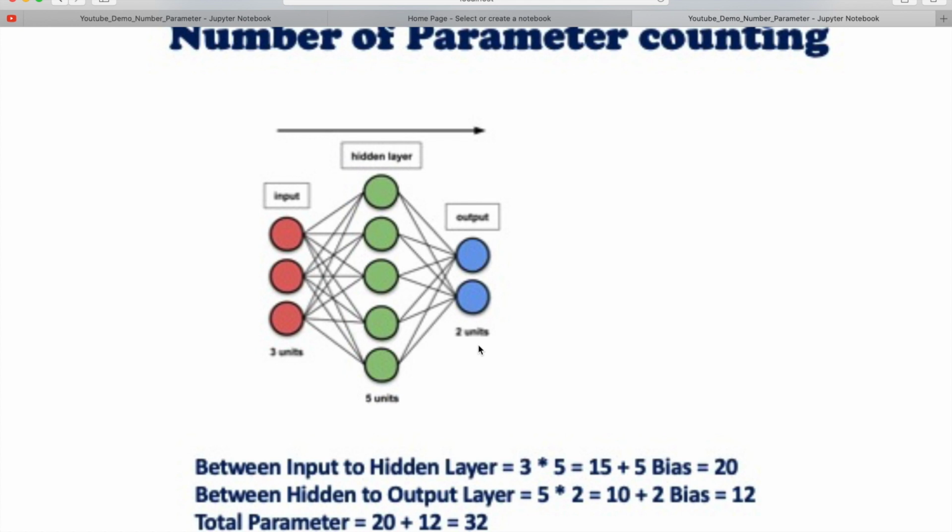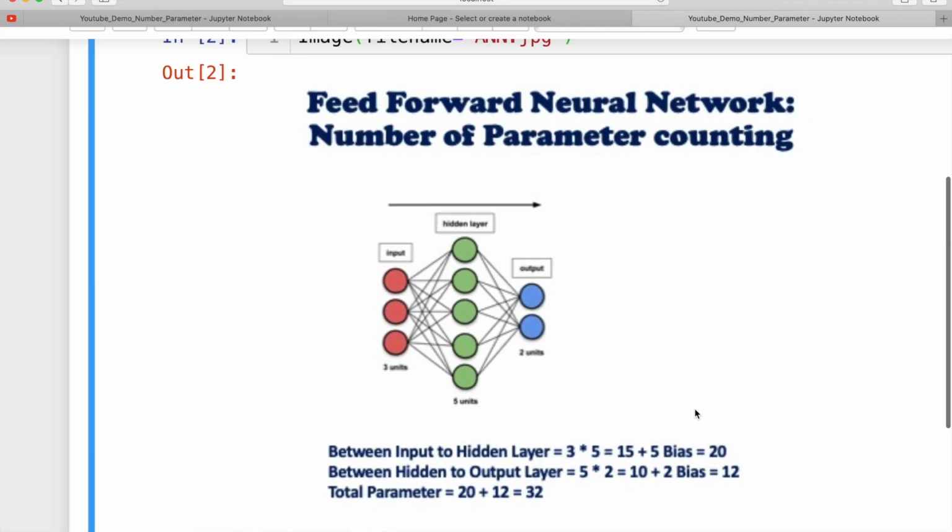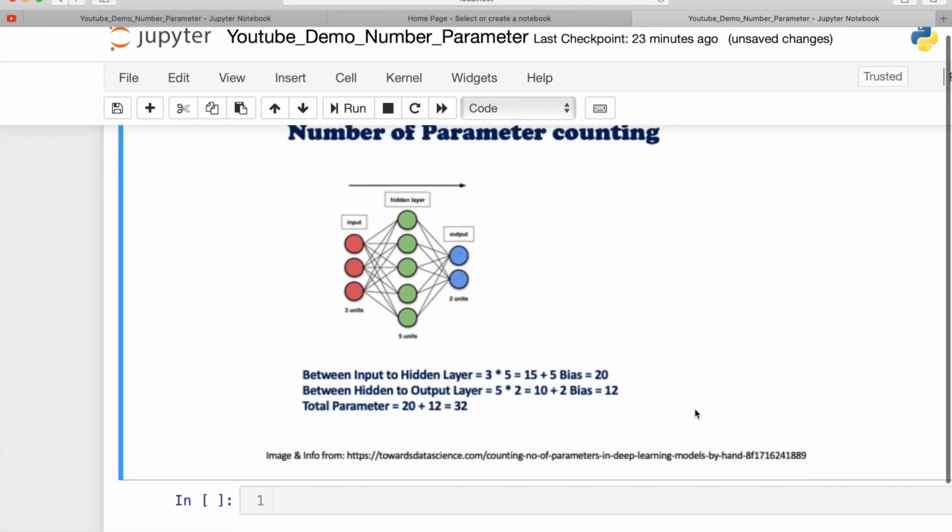So we can see in the image, this is 3 and 5, so 15 plus 5 bias is 20. So the first layer between input and hidden is 20. Now consider we have 5 nodes here and 2 neurons here. So 5 times 2 is 10, and 2 bias, so 12.